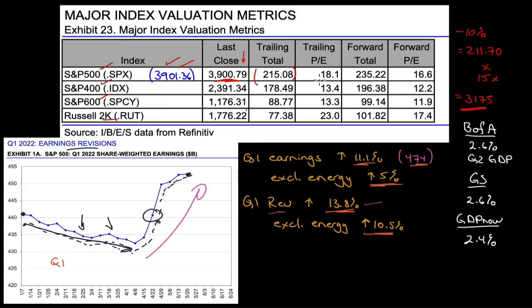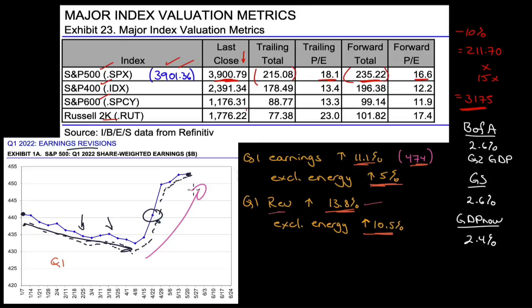Trailing EPS, trailing PE, forward EPS. This is the estimate so far, 235.22 per share. Forward PE of 16.6. And I have heard analysts saying, well, these have to come down. The last shoe to drop is all of the earnings revisions coming down on the companies. And over the month that companies were reporting, we had bad news. Markets just kept dropping and dropping, but companies, look at this chart, straight up.